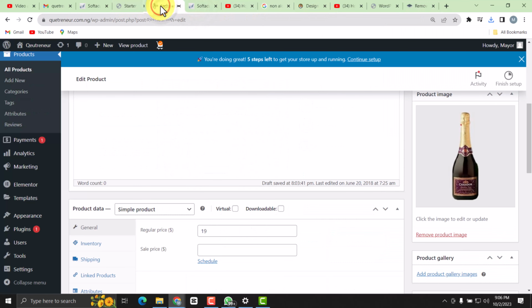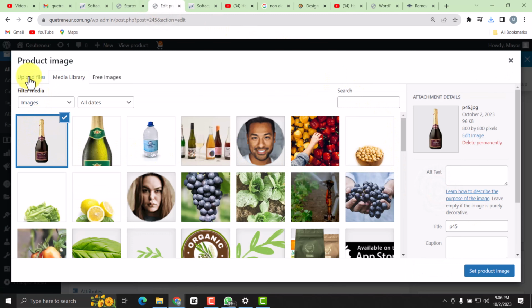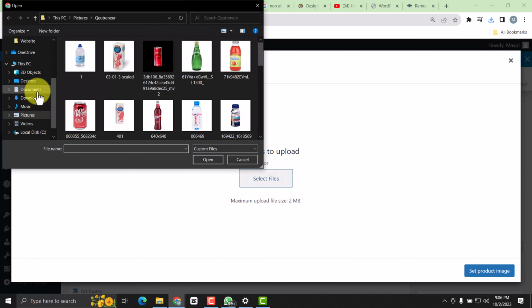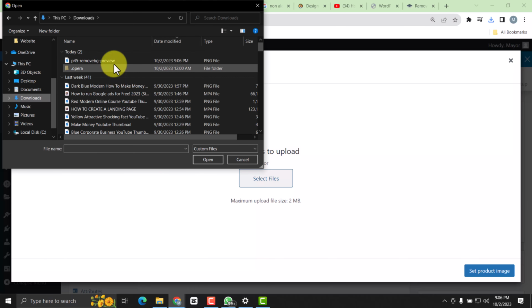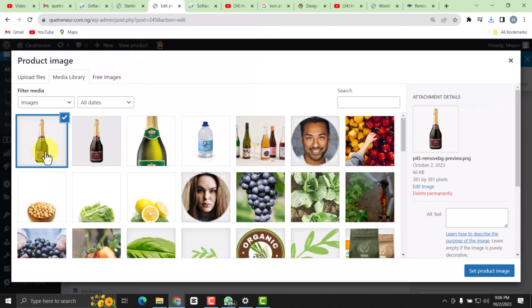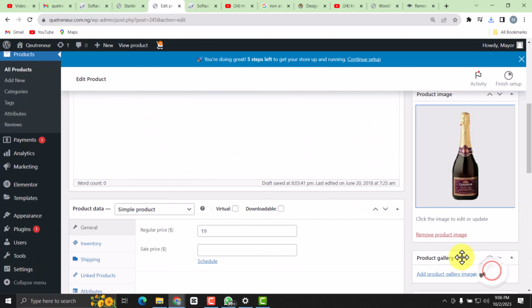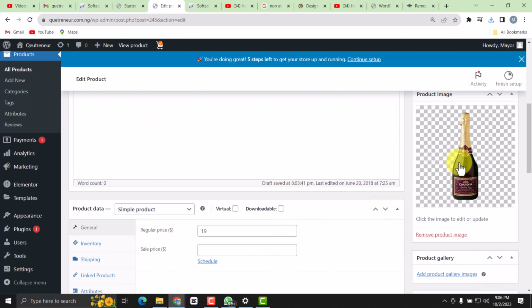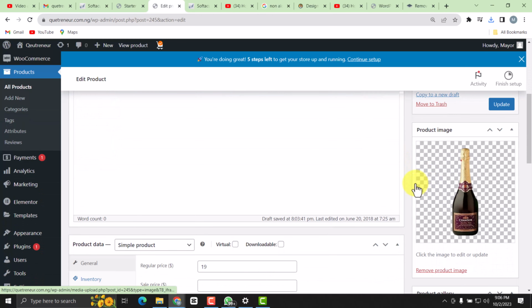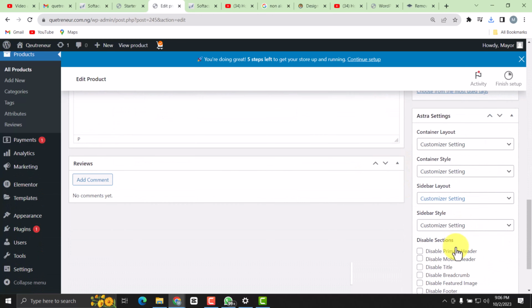website, and I'm gonna click on change image, upload files, select files. I'm going to come to downloads and I'm going to pick this. Okay, then I'm going to click on set product image. And as you can see, this is how PNG images will look like. All right, so now once we are done, we want to click on